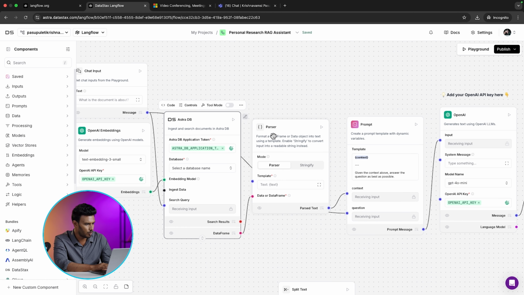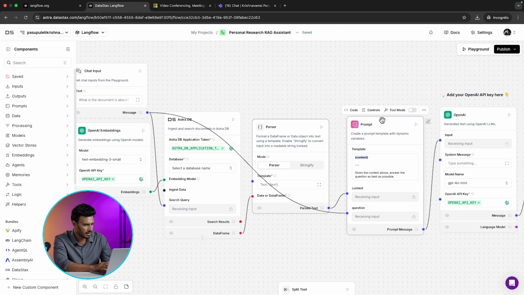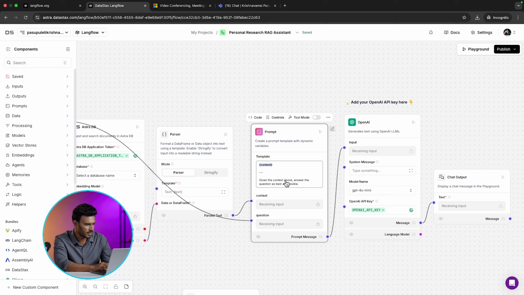Now these results will go into a parser. This parser will parse the data frame or data and finally output the parsed text. Now here it's a prompt. This prompt usually has different options. There is a template, context, question. So in this template option, you can use any prompt which you want to give to this entire